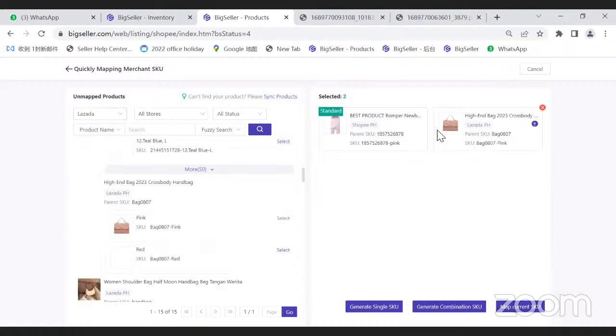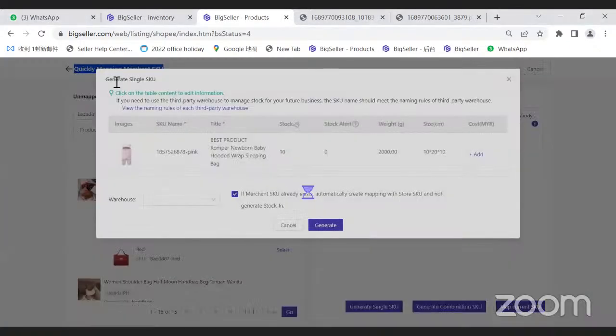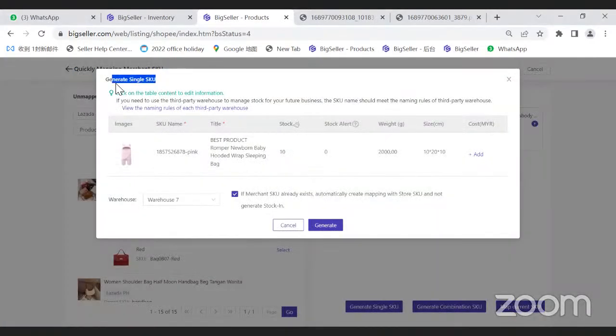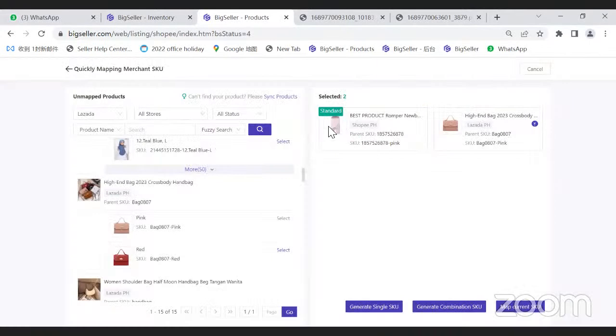Yeah, suppose these two are the same product. I'm selling on my Shopee and my Lazada, but the SKU is different. So I can use this tool, quickly mapping merchant SKU, to quickly generate my merchant SKU with this click. Generate single SKU means to generate my merchant SKU here. Quickly generate. And we need to remember the merchant SKU information is determined by the standard product, including the SKU